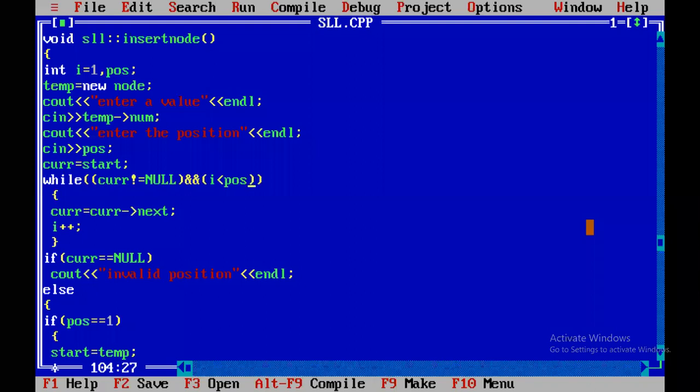We use current equal to current dot next, I plus plus. When we write I plus plus, we are moving from the first position to the next position. Finally, after moving the cursor to the particular position, check whether it is a valid position or not. How can we check whether it is a valid position or not? By if